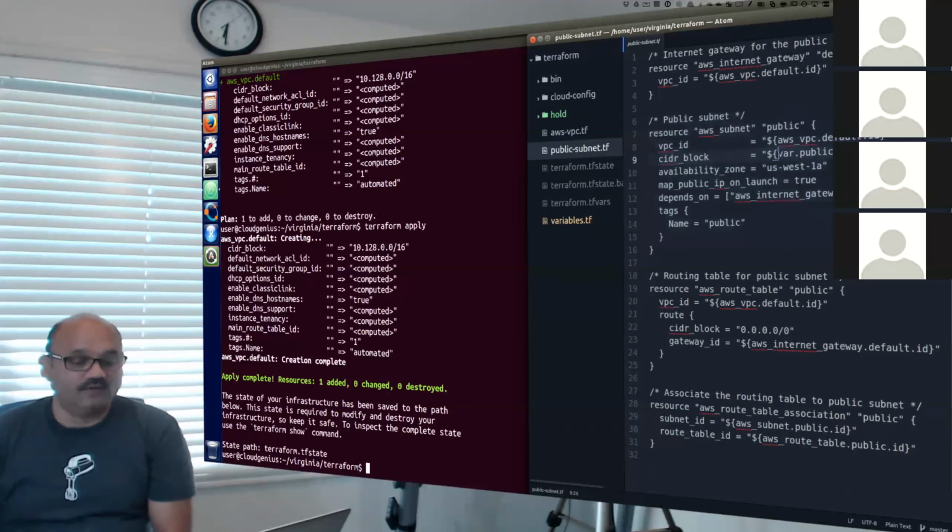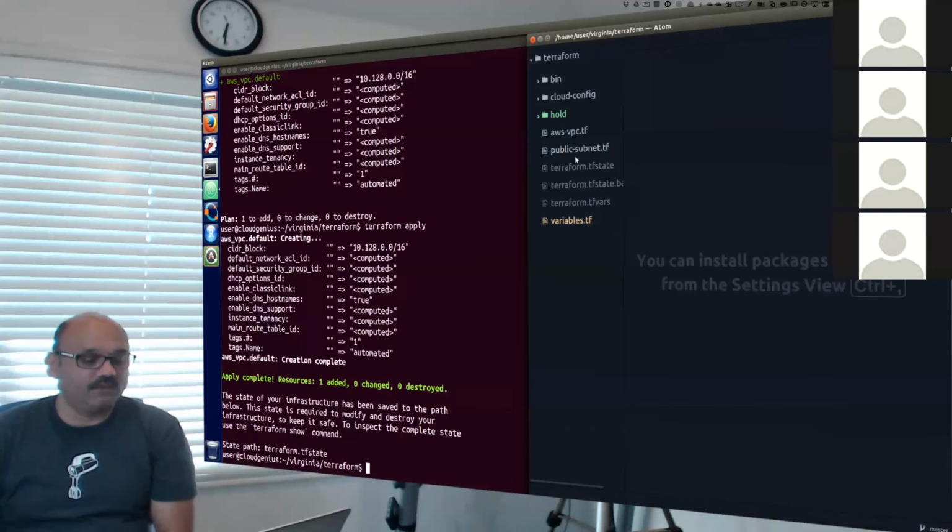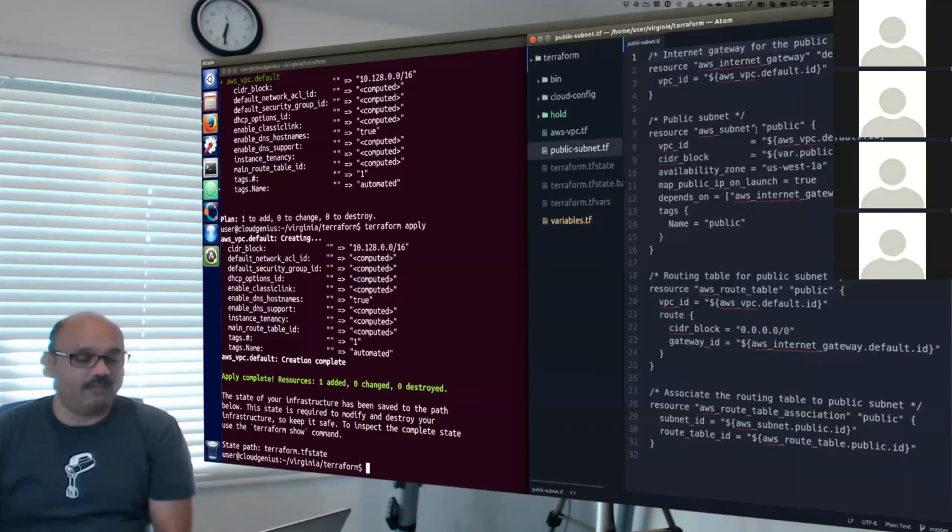The variable public subnet CIDR is defined in this file as 10.128.0.0/24, and that CIDR value is what Terraform should use to create a public subnet for me in line number 9.